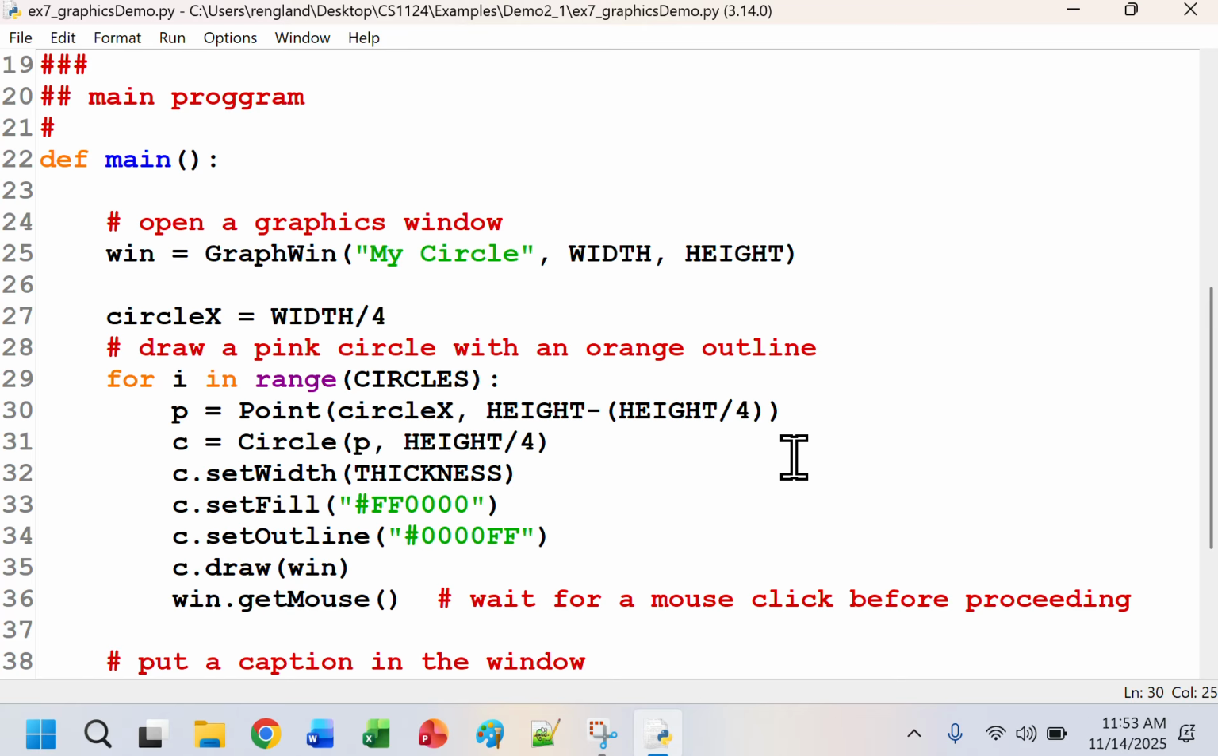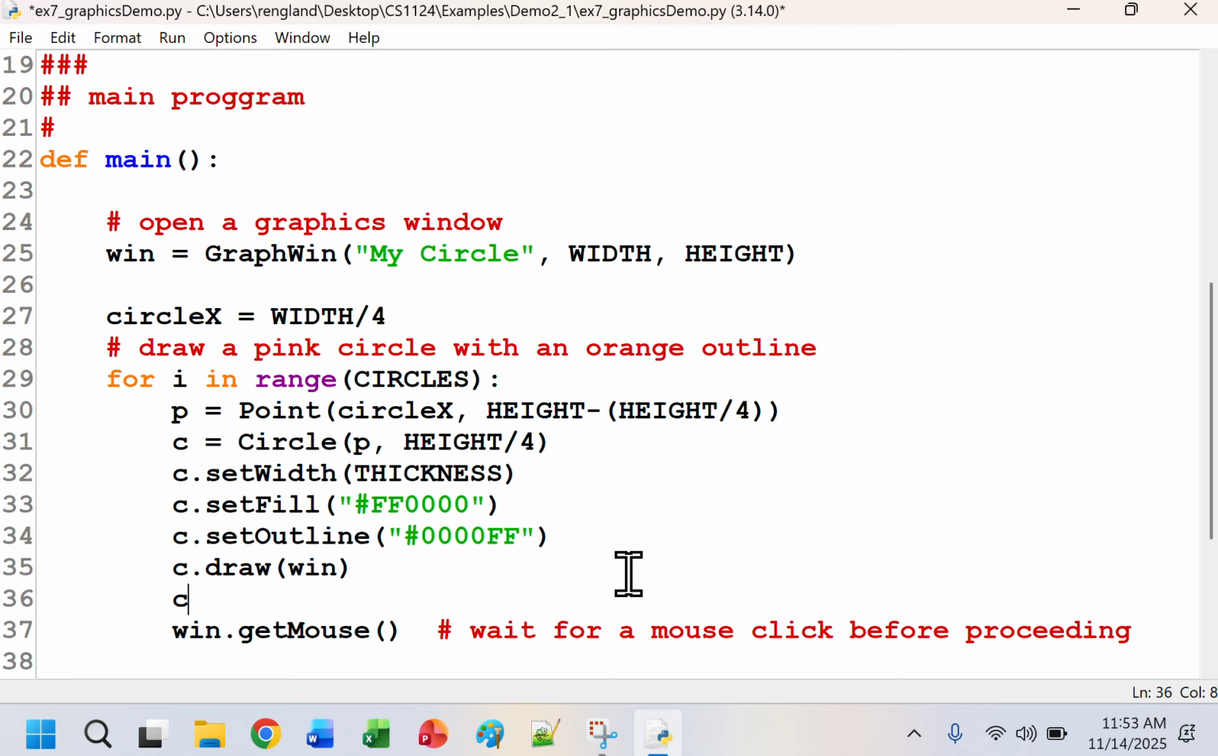I don't want them to all be exactly the same because I can't see them. So what I can do, watch what I can do. After I draw it on the screen, I can move circle x, not caps lock, heavens. Circle x equals circle x plus some motion to the right. Let's move over width divided by 4. So it should go to width divided by 4 and then width divided by 2, which is halfway, and then